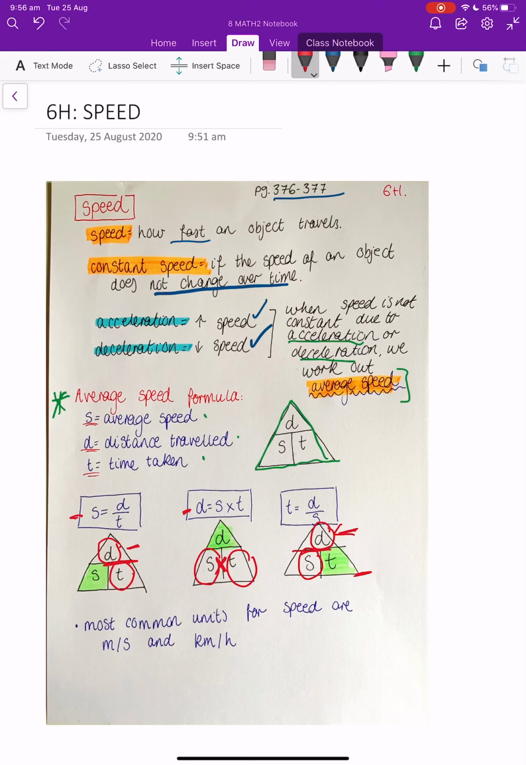The other thing is you've got to be careful with units when you're working out speed problems, and the most common units are meters per second or kilometers per hour, and sometimes you'll be required to convert units. So just remember and pay